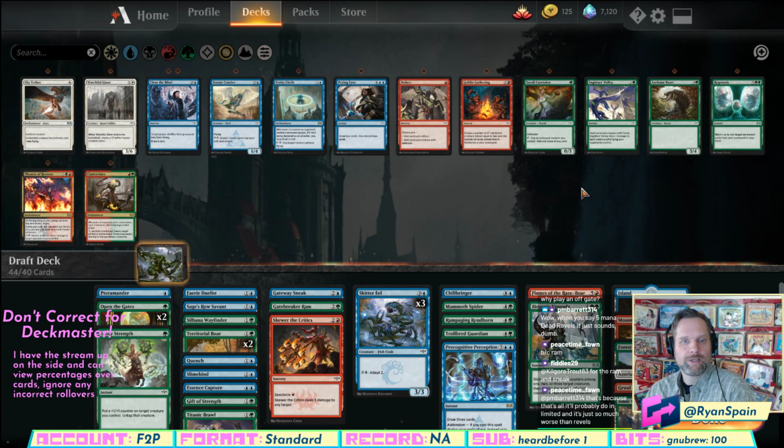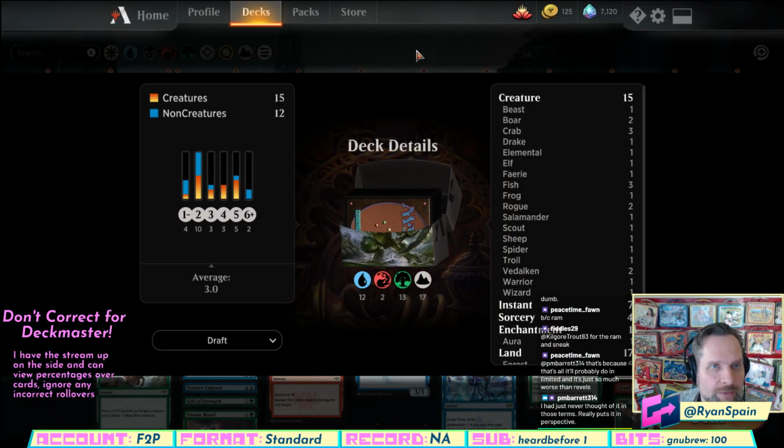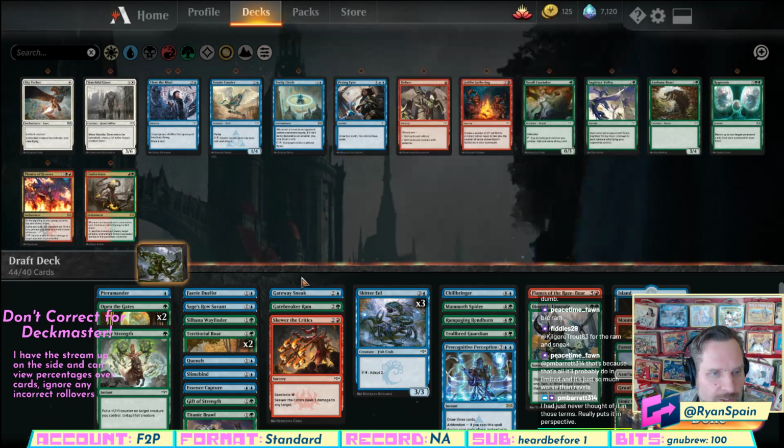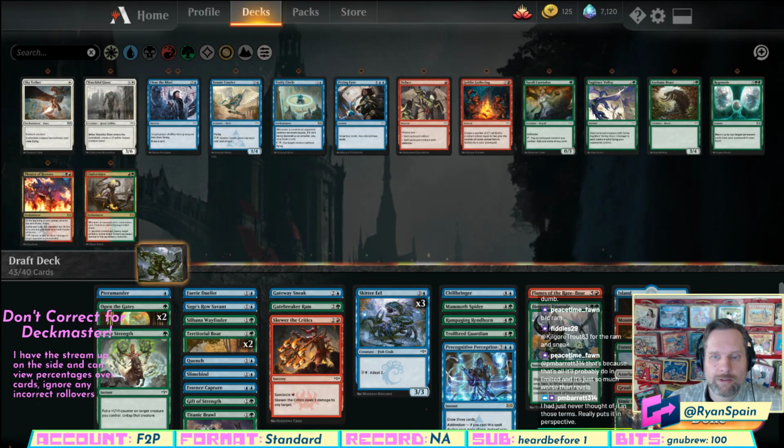So that's solid. And we get to make 4 cuts here, you say. Let's take a look at our split. We got 15, 12. Let's look for non-creature stuff to get out of here. We can probably cut actually 1 land. Do that, and